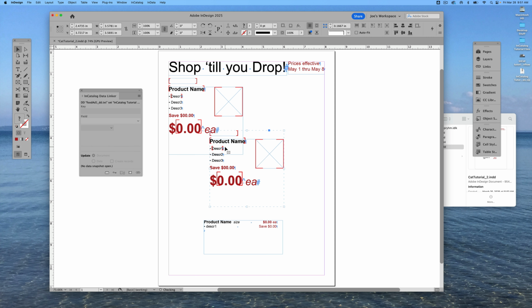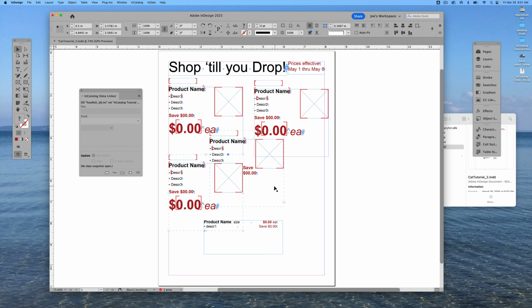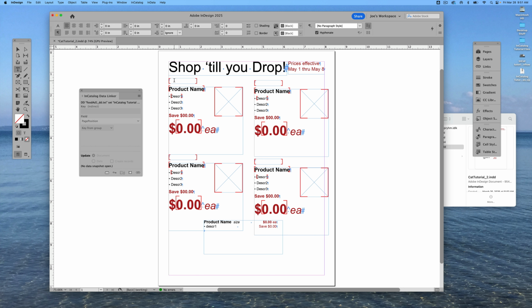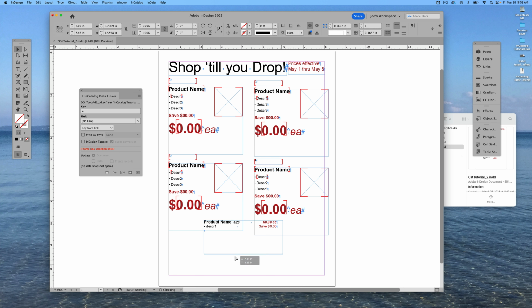Copy, paste, paste, paste. Now that I have these, all I have to do is type my key into the box. 1, 2, 3, 4. And because these boxes are key from contents, whatever's in that box becomes the key for the entire thing. And again, you can do the same thing with text. I could do something like this. I could make a little placeholder in front of